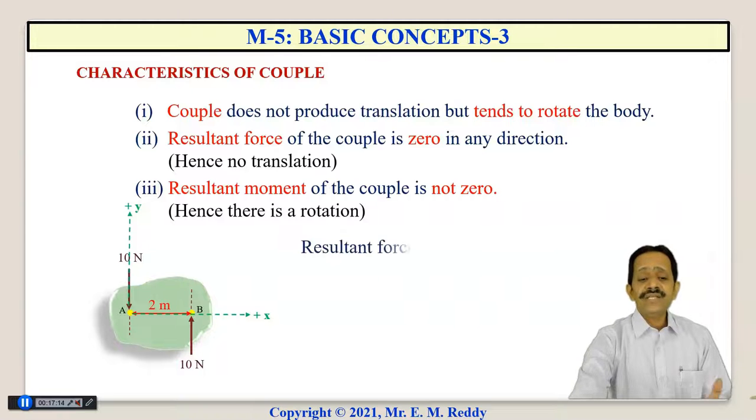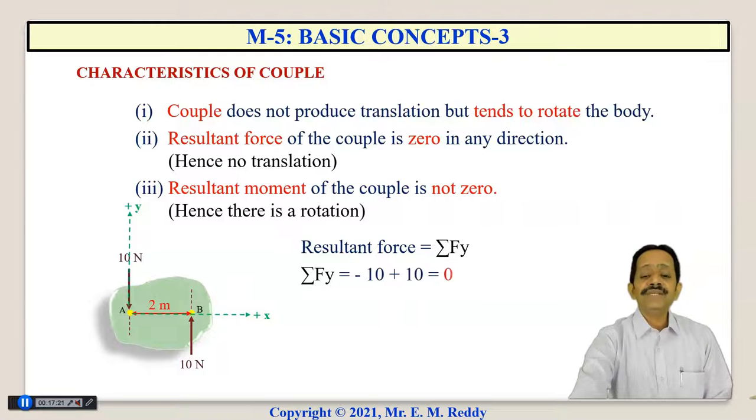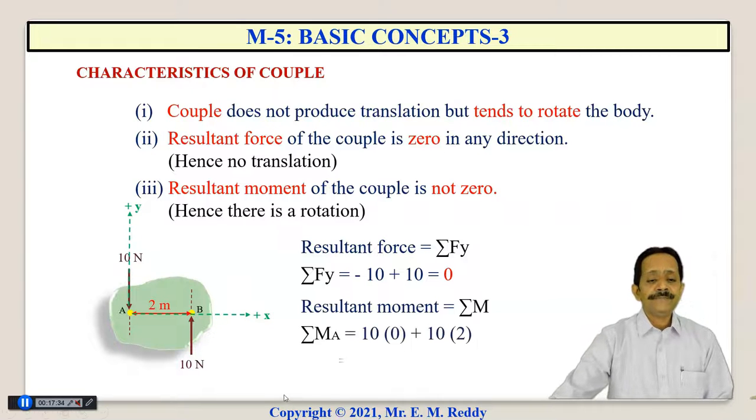Accordingly, here the two forces are acting in y direction. Therefore, the algebraic sum of these two forces in y direction is 0. So the resultant force is 0. Therefore, no translation. Now, if you calculate the resultant moment about any point, let us say about point A, then